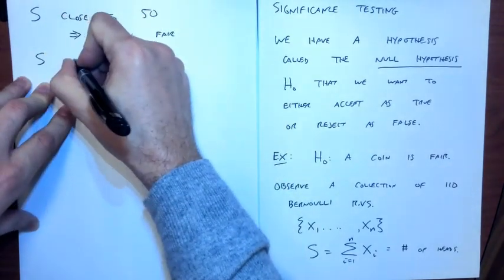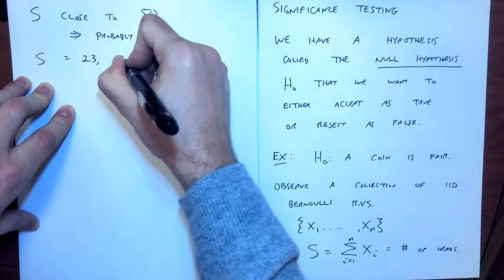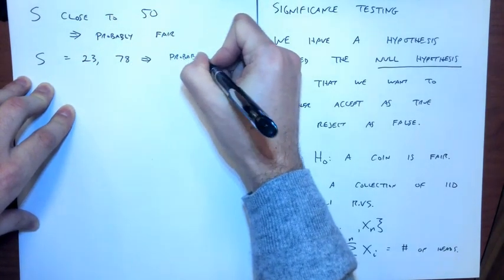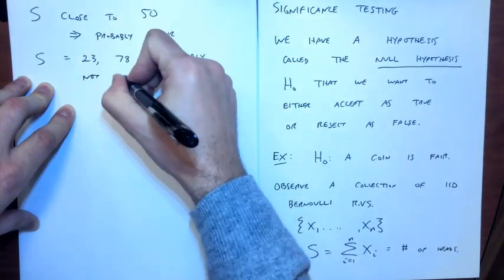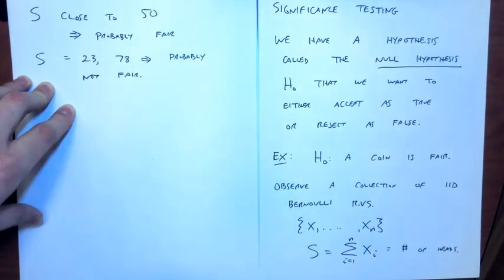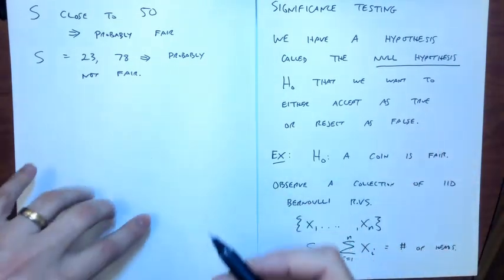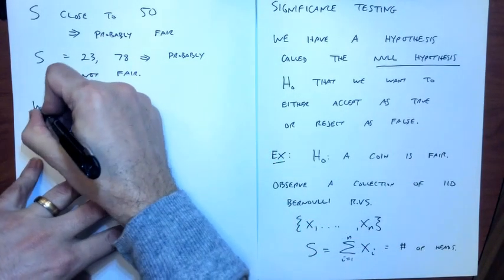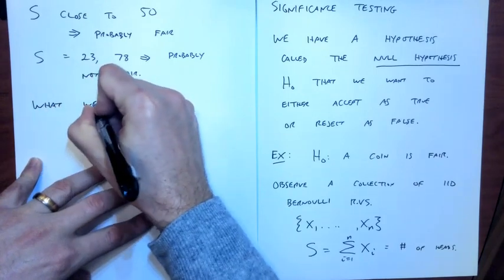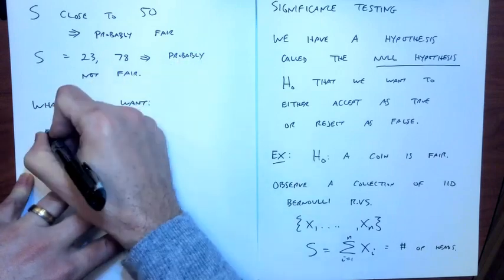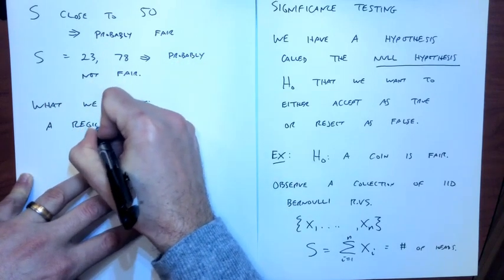S equals 23 or 78 probably is not fair, right? But can we be a little bit more precise about this? Where do I draw the line between fair and unfair? So what we want is something a little bit more mathematical. We want a region R